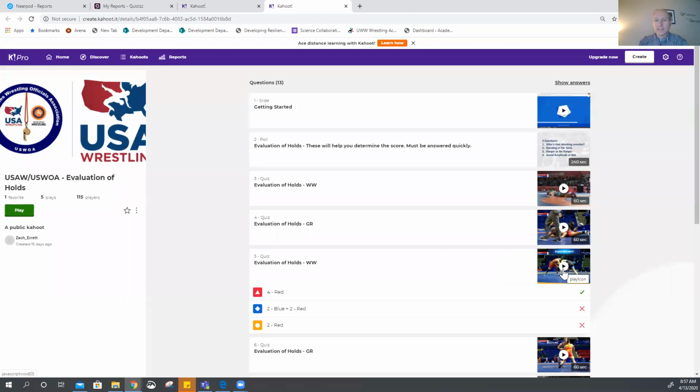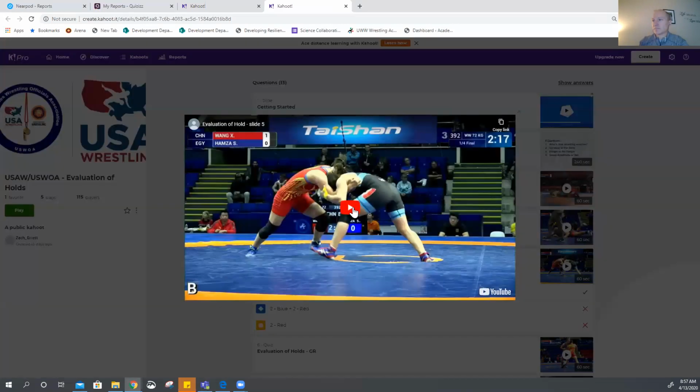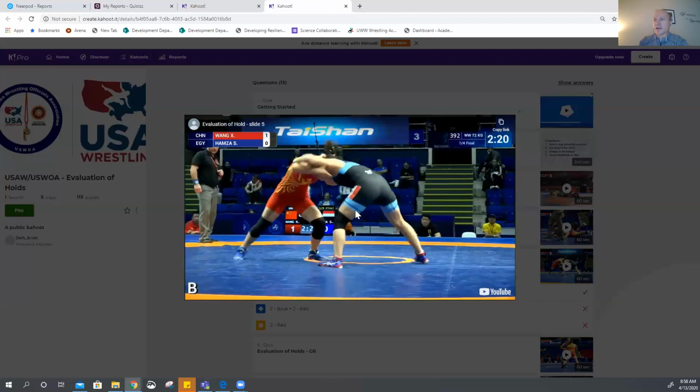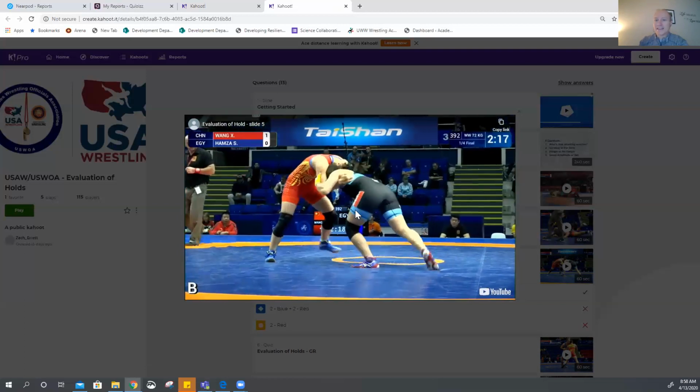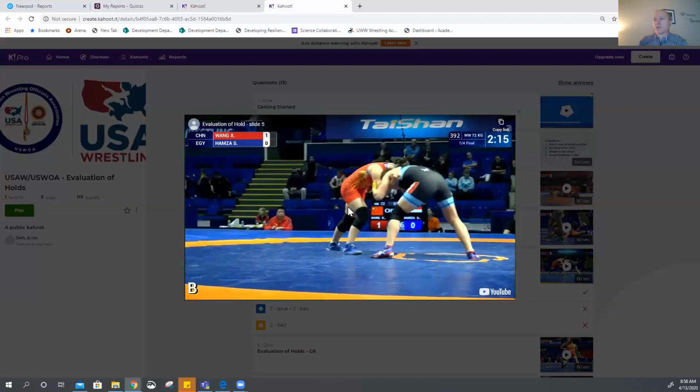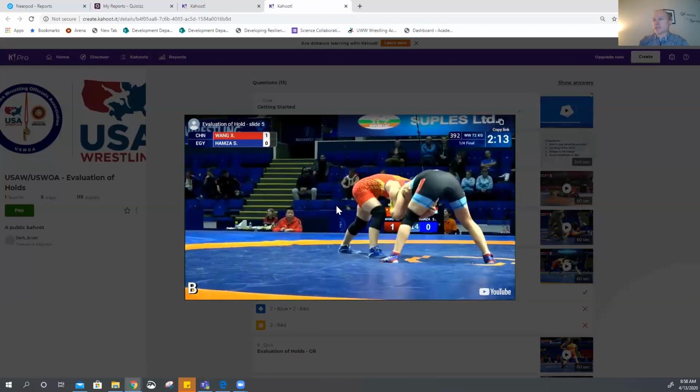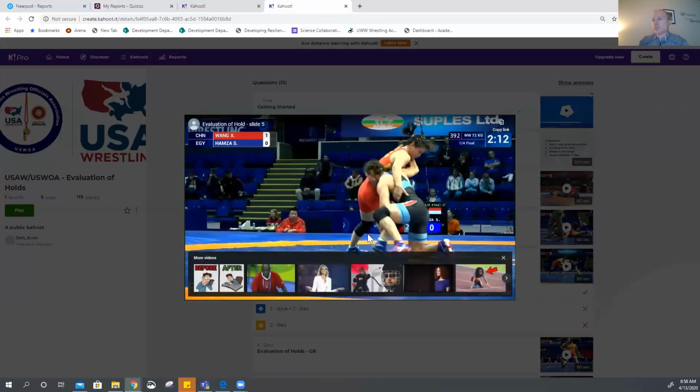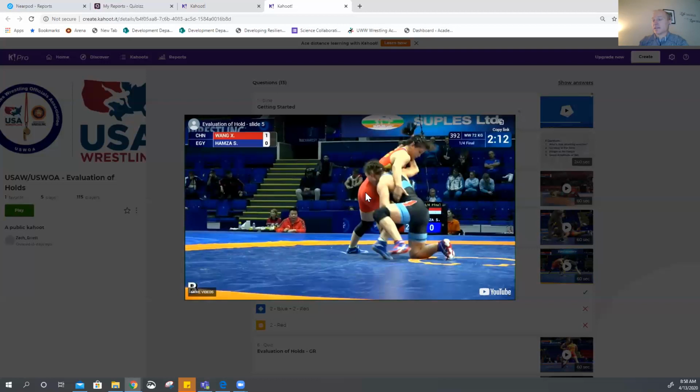So blue makes the initial leg attack, but red makes a counter attack. We'll see blue's leg attack here. I'll stop it. Blue makes the attack, but in this process, red makes a counter attack. And what we need to look for is